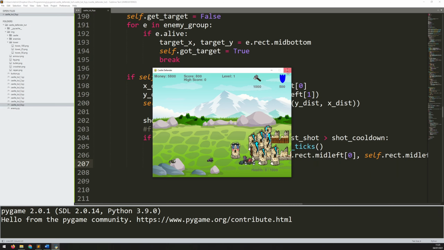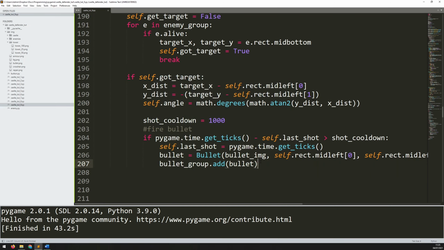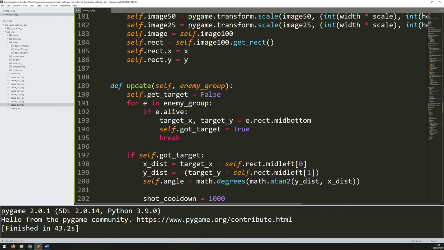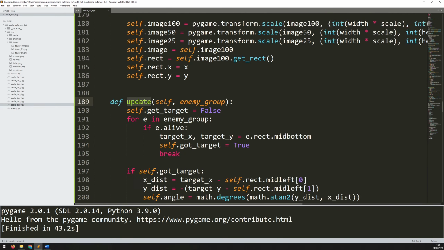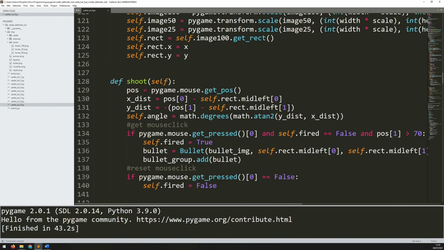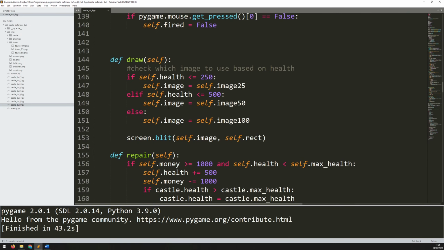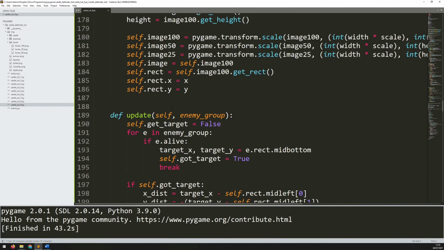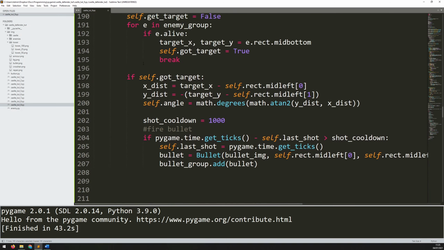It's an upgrade to the castle. So let's add that in here now. To do that, I'm going to keep it all within the update method, and I should be able to again just copy it down from my castle class because I've already done it here within the draw method. I take all of this out and just copy that down, and then I move it into the update method